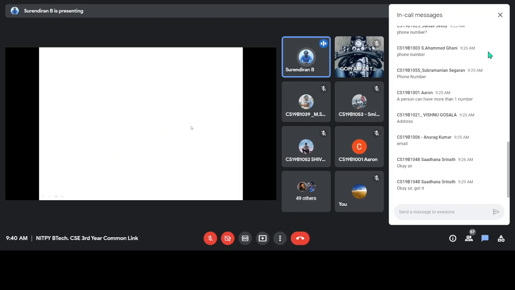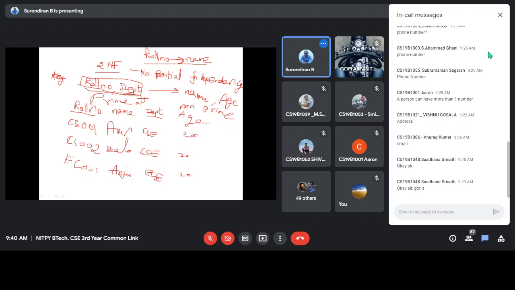So how can we split? Any idea? What are the two tables here? How can we split the two tables? Any answers? Are students there?